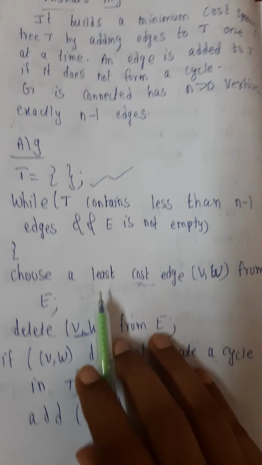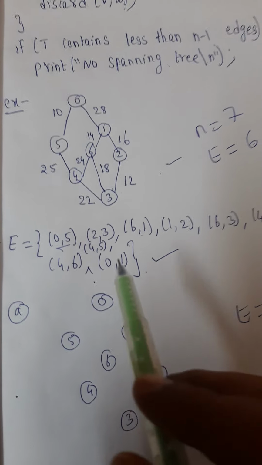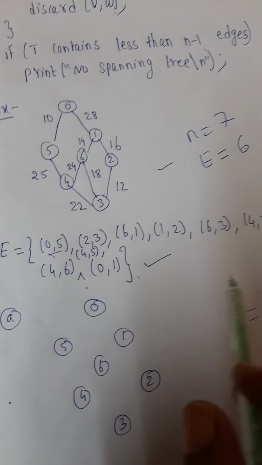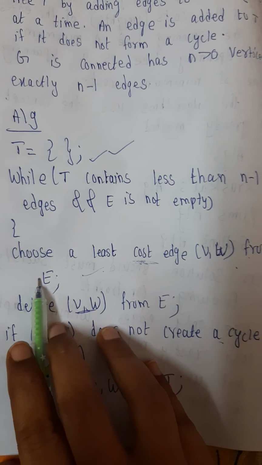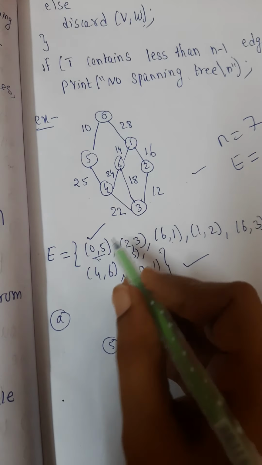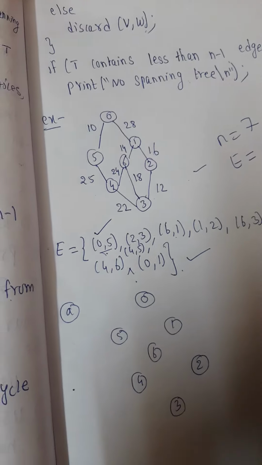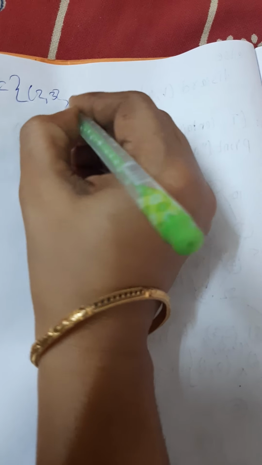Now what we have to do is choose the least cost edge from E. From this edge set, we choose the least cost. Already we have arranged it in ascending order, so we will select 0 5. We choose the least cost edge (V, W) from E and delete it from E. So I am selecting this and deleting it from the edge set. I am writing the edge set now. I have removed 0 5, so what remains is 2 3,